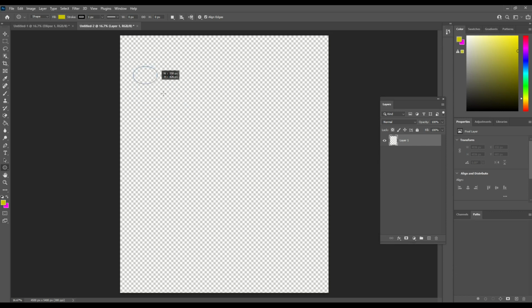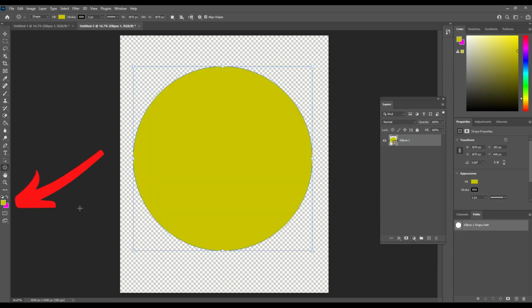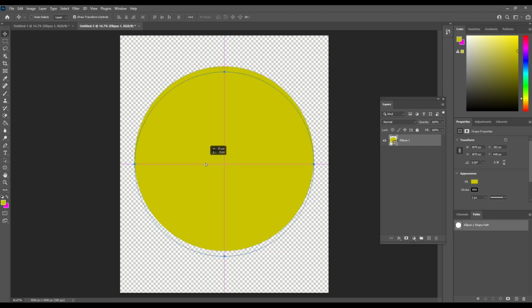I'm going to start drawing my ellipse, and you can make it really wide, really skinny. And if you hold down the shift key, it'll lock in the aspect ratio, so you'll be creating a perfect circle. So again, hold down that shift key, that locks in the aspect ratio. Now whatever you've got for a color down at the bottom, in this case I have mustard yellow, that's going to be the color of my circle. I can change that color if I want, but it's really irrelevant